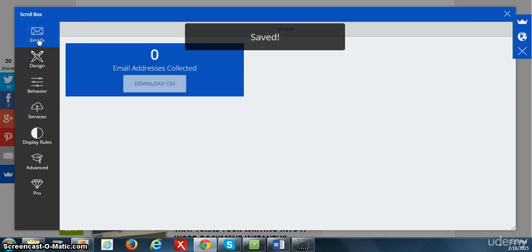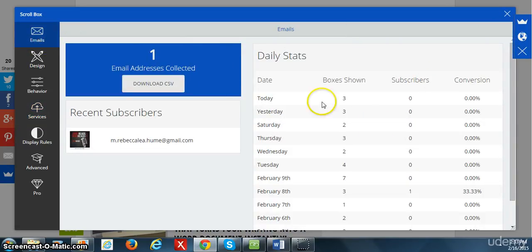And that's it. And this screen right here is going to show our daily stats. So how many of the boxes were shown today, and it's going to be showing how many subscribers we actually got. So you'll see that number right here. You'll see your recent subscribers, and that way you can see how many are coming from the scroll box, and then the pop-up